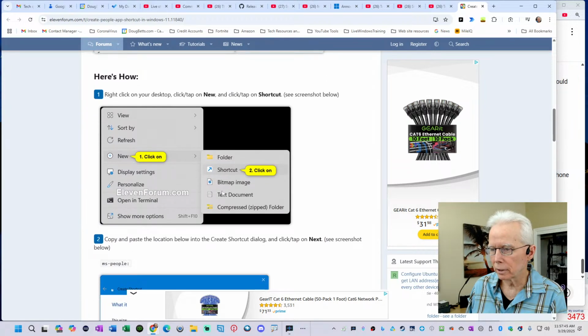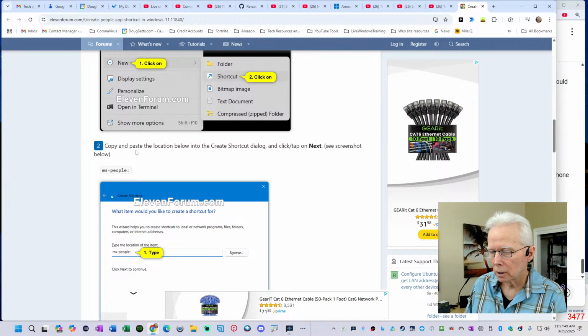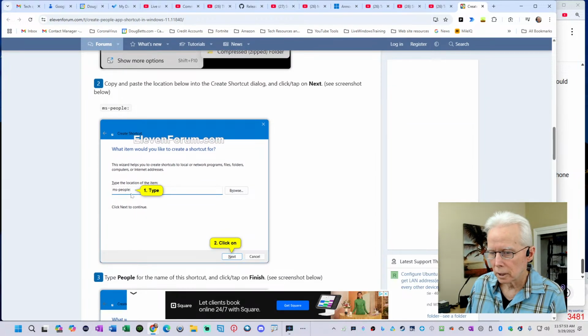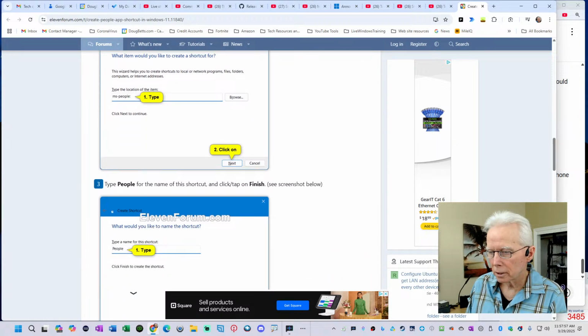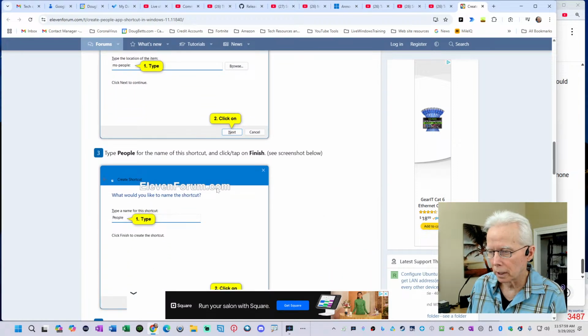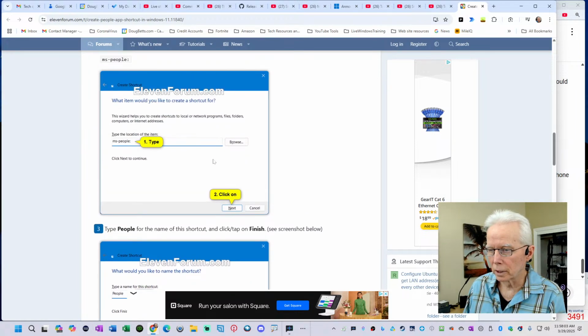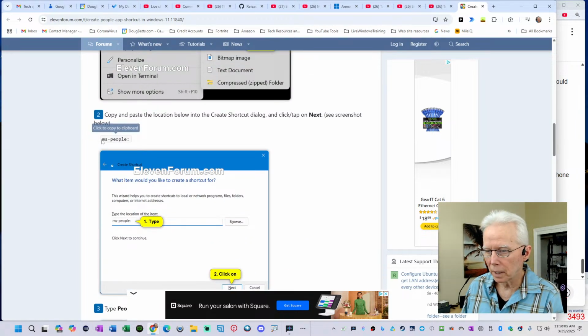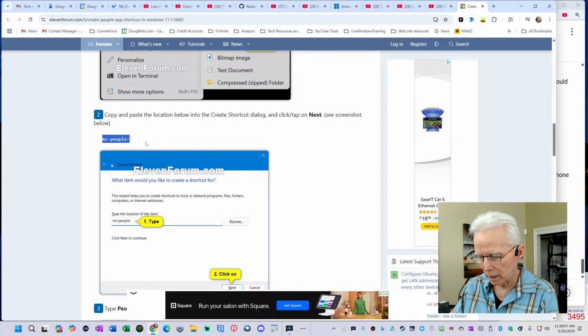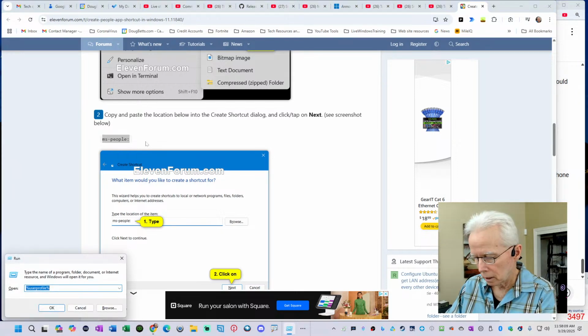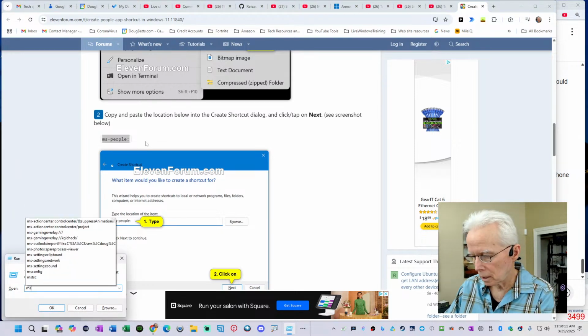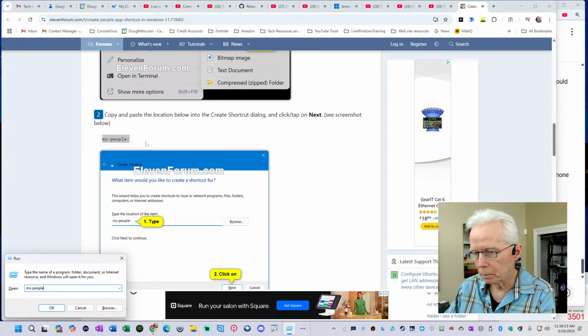Here's how: right click on your desktop, New, Shortcut, copy and paste the location ms-people:, and type People for the name of the shortcut. You'll now have People as a shortcut. Well, if that command works, then we should be able to do that from the Run line. ms-people: